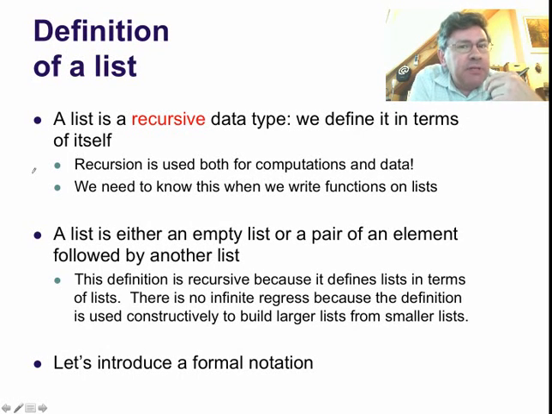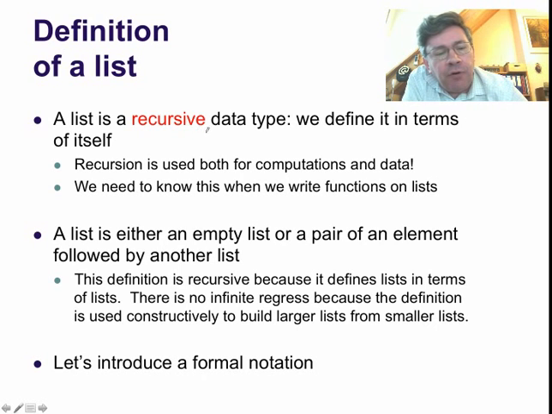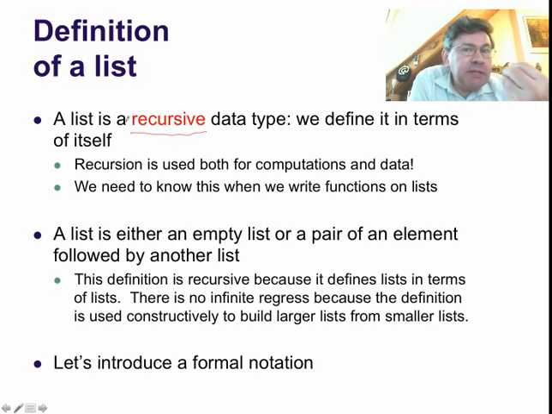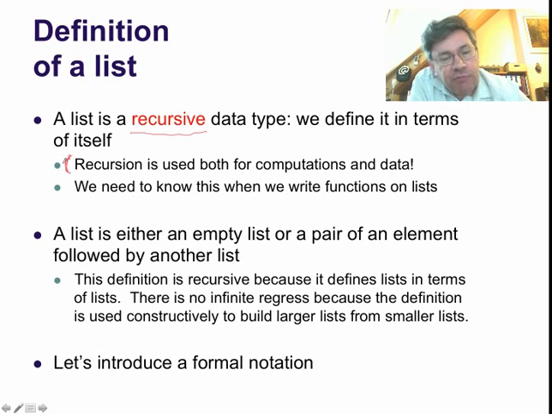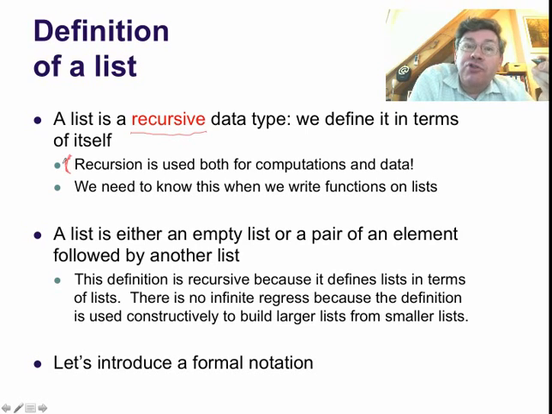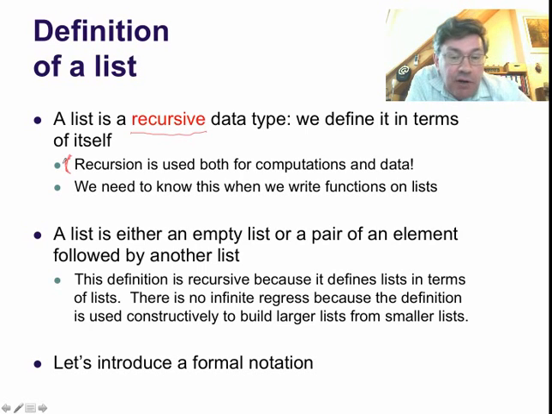Let's now give a precise definition of this informal compound data structure that we just saw. So a list is a recursive data type. That means it's defined in terms of itself. Note that recursion is used both for computations, for example, when we define functions, and for data, for defining data